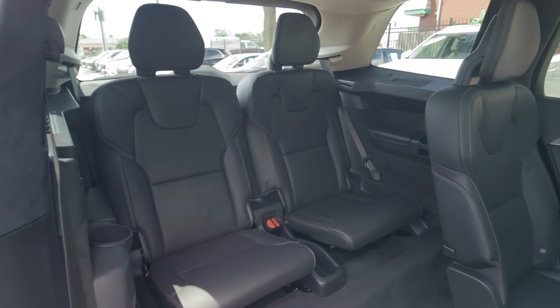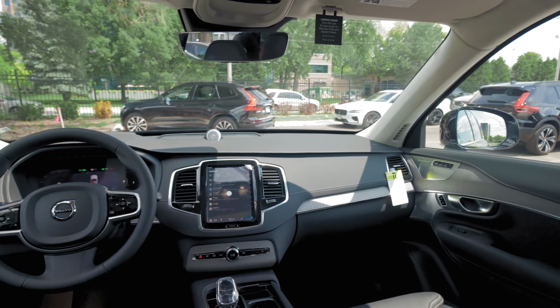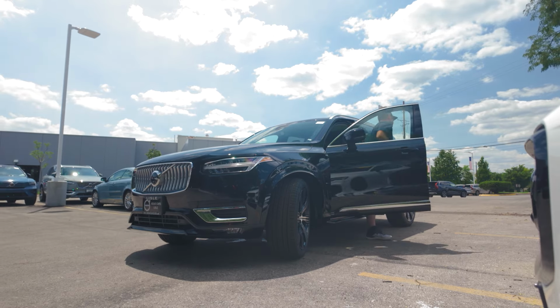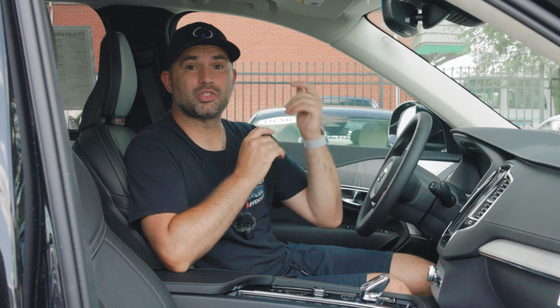It comes with a ton of safety and convenience features that we'll take a look at in a second, but this car is loaded with some advanced technology features as well. Whenever you turn the car off, it actually lowers the entire vehicle for easier exit and also for easier entrance. You can also access a lot of the features through your phone on an app that you have to download